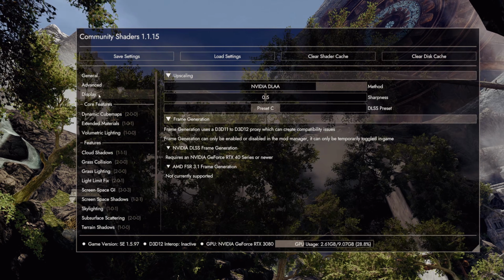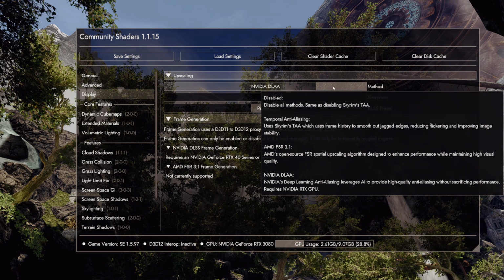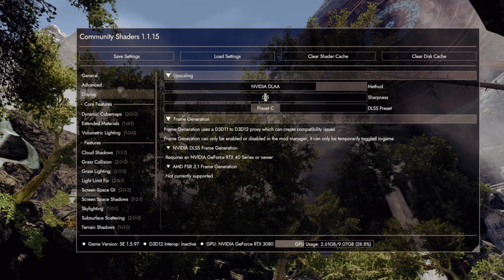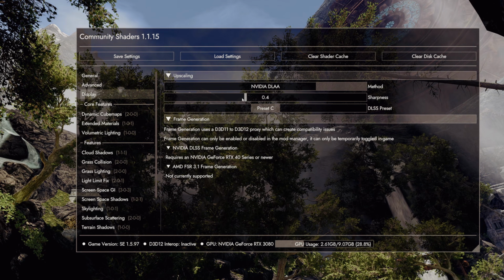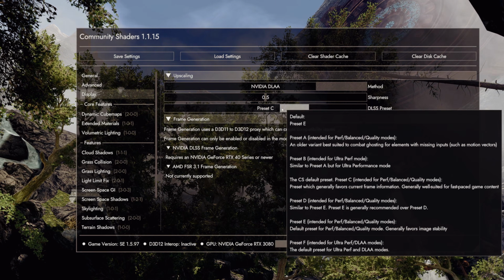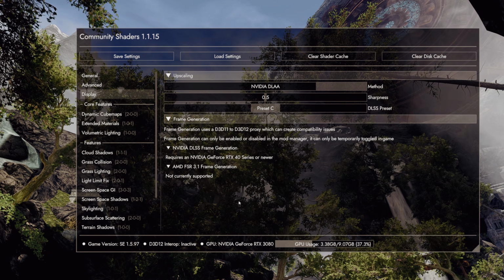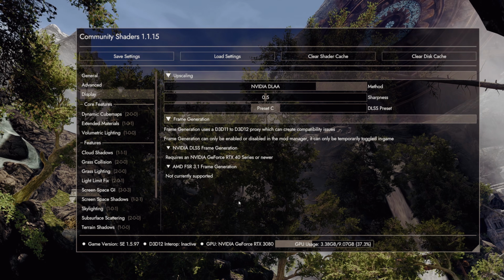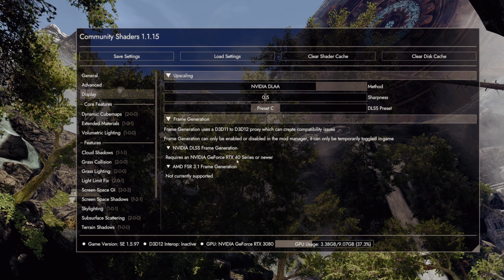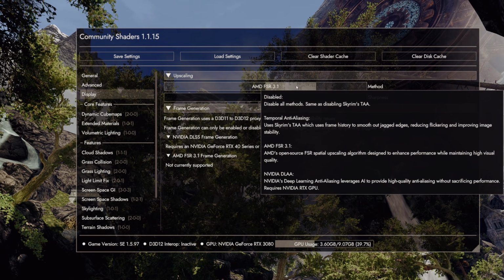Personally, I find the display category to be the most important. Here, you can choose whether to use DLAA, FSR, or TAA. If you opt for DLAA, you can adjust the sharpness level and select a preset that suits your preference. However, a downside is that DLAA is only supported on RTX 4000 series GPUs, meaning older GPUs cannot use this